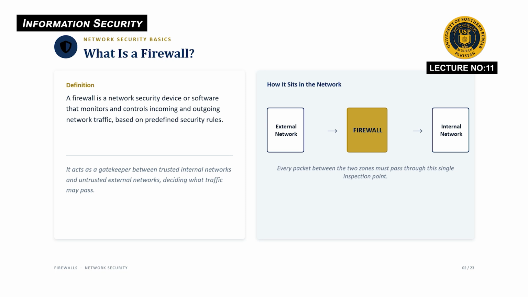What is a firewall? A firewall is a network security device or software that monitors incoming and outgoing traffic. It follows predefined rules to decide which traffic should be allowed and which should be blocked. In simple words, a firewall acts like a security guard between a trusted internal network and untrusted external networks such as